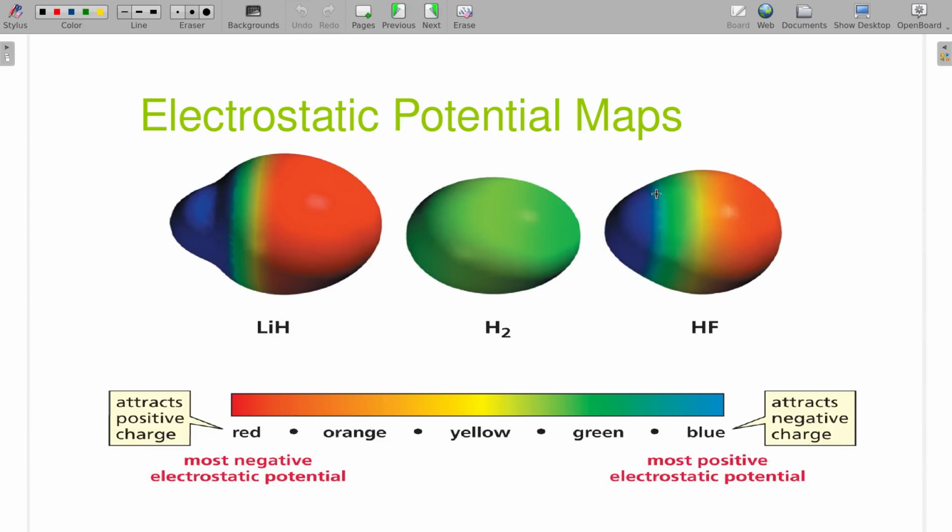If you're signed up for the lab later on in the semester, we'll get to use a program where you can generate electrostatic potentials for almost any atom or any molecule you can think of. I say almost. The bigger the atom is, the longer it takes to calculate an electrostatic potential map.